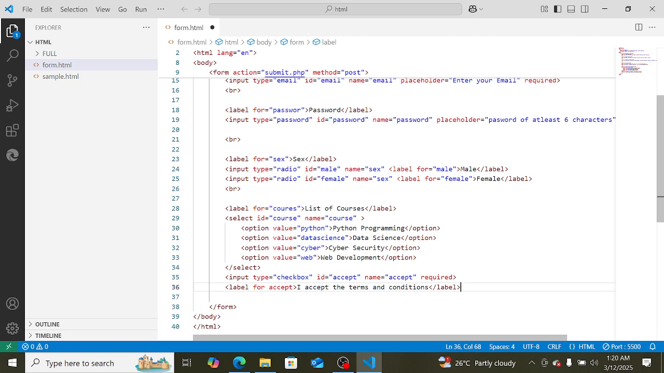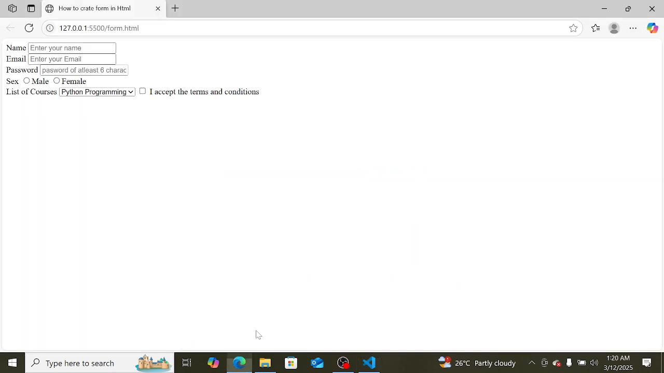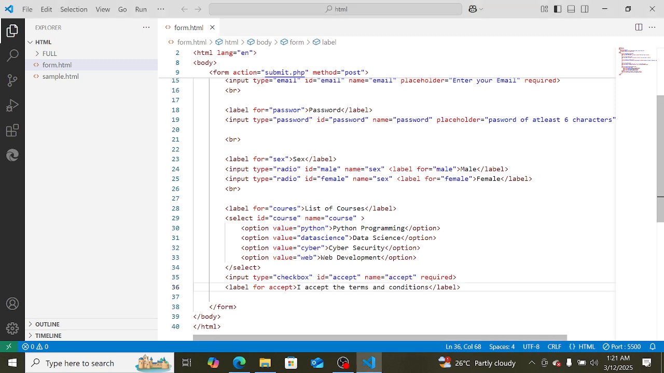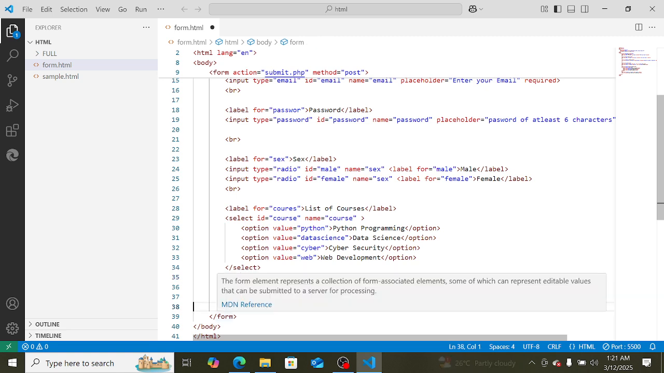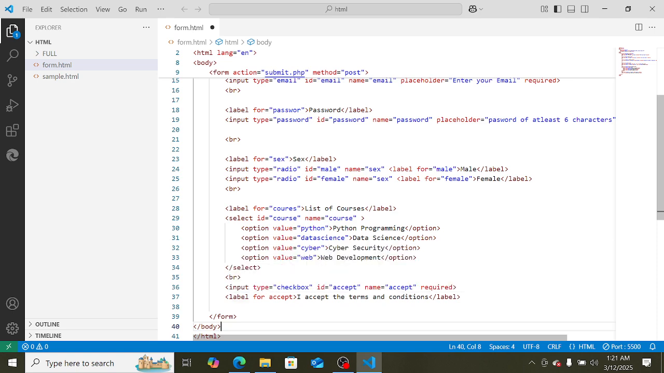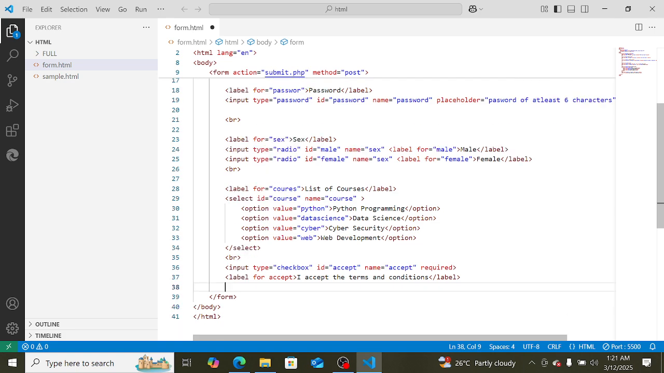So if we save this now and come to the browser, you can see this here. This is a checkbox; before you submit, you have to click on it. Please check this box if you want to proceed. You click on it and then you submit. However, I didn't put the break, so it's staying on the same line with this. So I have to come and add the break here, BR, so that it will not be on the same line. So if I add another BR,